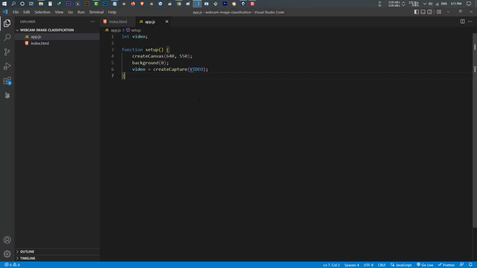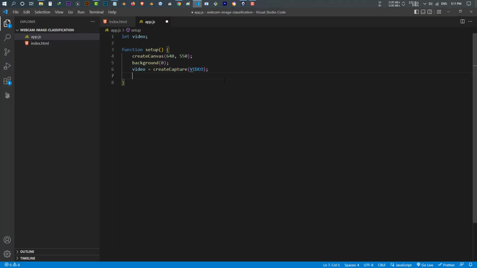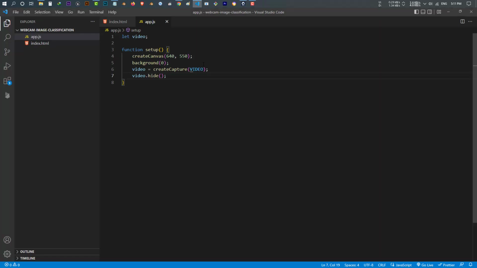Okay, once you have created the video, I wanna put it inside this canvas. How you can do that? First of all, I have to hide this video from here, and now I'm gonna set the background again to black. And now I use another function